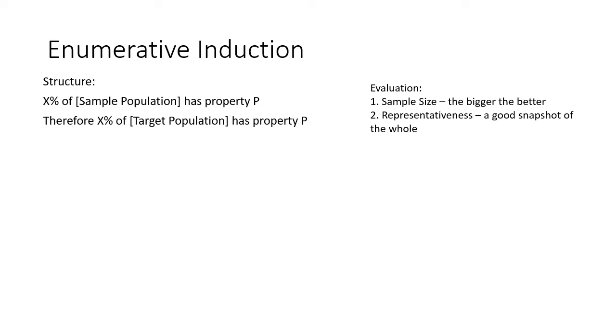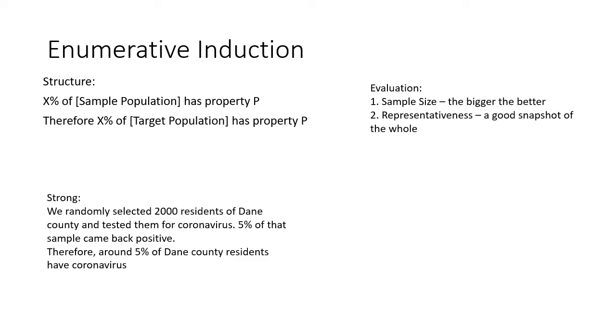With sample size, the rule of thumb is that the bigger the sample, the stronger the inference is going to be. And then the representativeness of the sample: if it's not biased, if it provides a relatively good snapshot of the whole, then that will strengthen the argument. So for example,